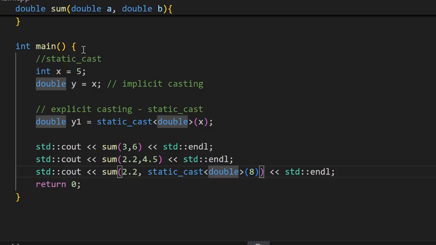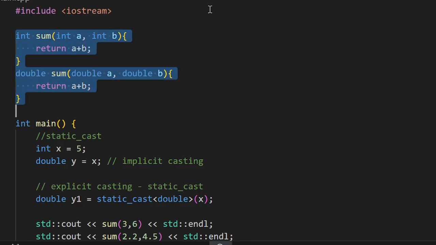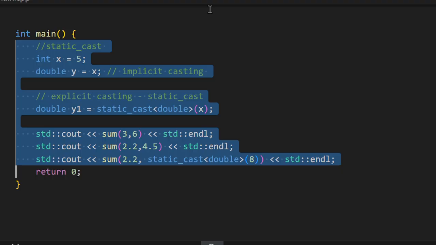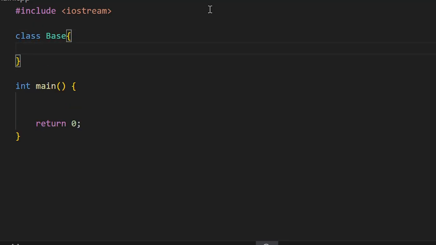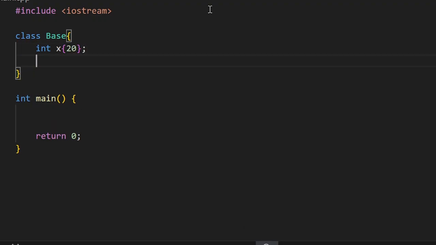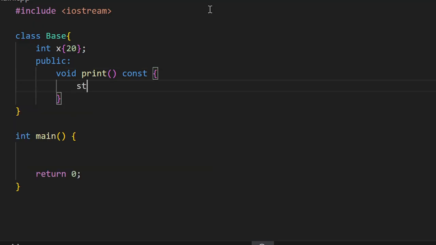Now in addition to this, let me also demonstrate the use of this static cast for upcasting and downcasting. For that, let me clean this up, and I actually want to have a base class. The variable x, and I have a print function. It will display the text and value x,